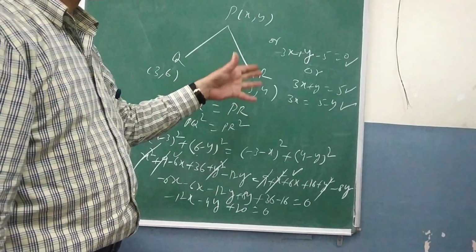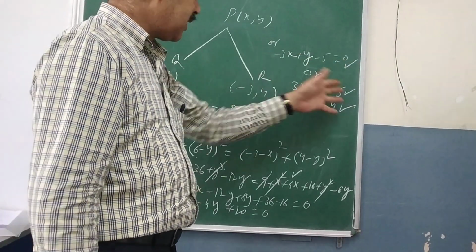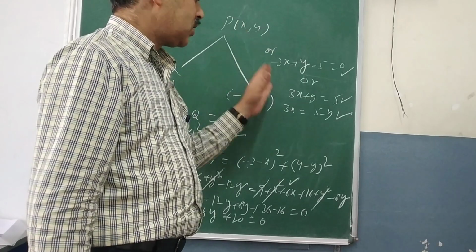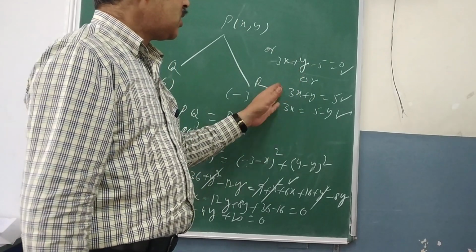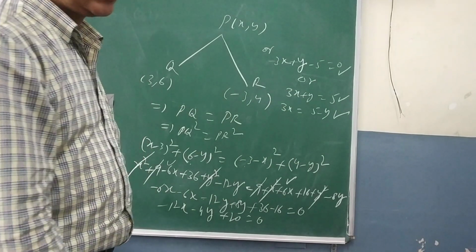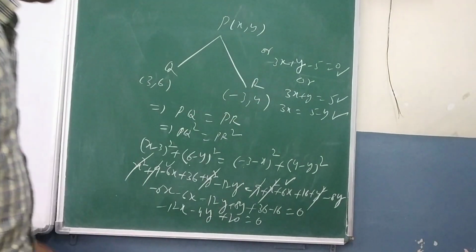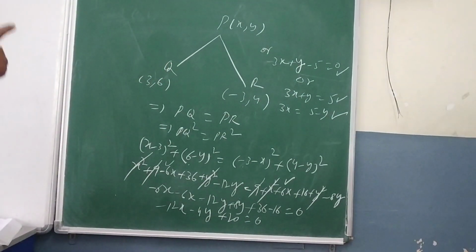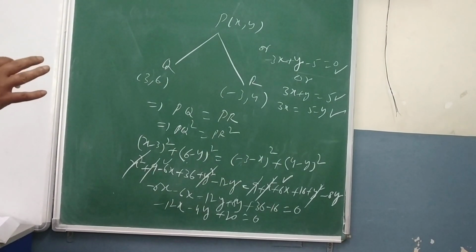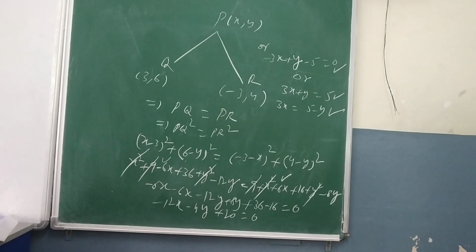It is not mandatory that you have to express x in terms of y or y in terms of x. If this is given, this is okay. This is also okay. If you want to write y is equal to 5 minus 3x, that is also okay. So you have to leave your answer at last like this, but the procedure, again I am sharing with you, will remain the same as we started in question number 7.